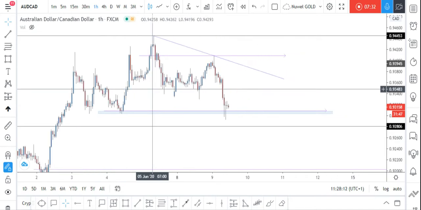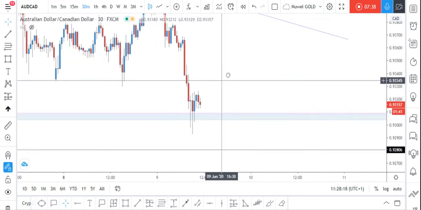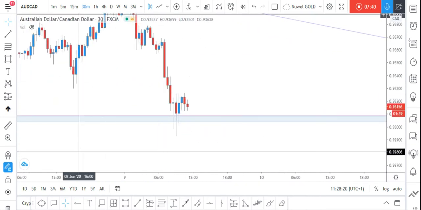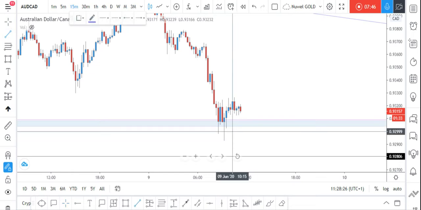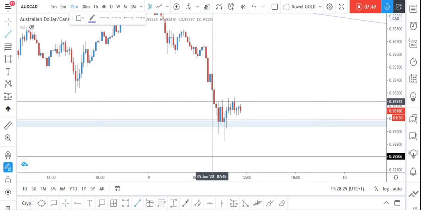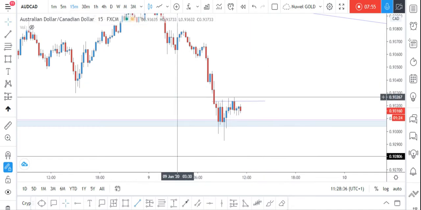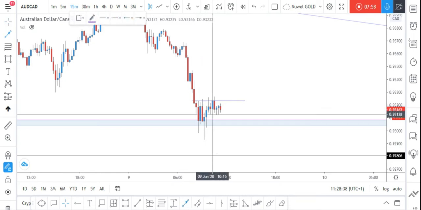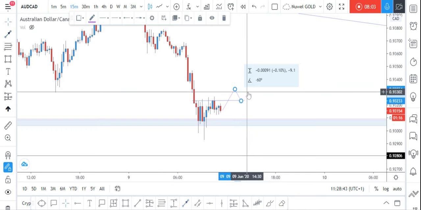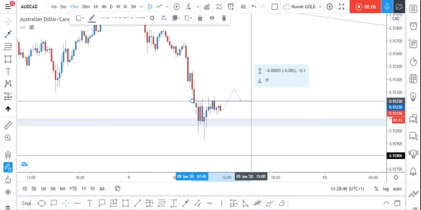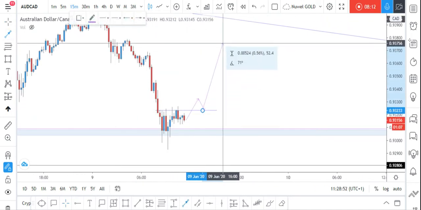That being said, going down to a 30 minutes time frame, can we find any decent trade opportunities? Any decent trades? 30 minutes, 15 minutes. Okay, so we have this level. We have this minor intraday level on the 30 minutes chart. So if we can see a clear and clean break above this, we wait for a retest, still on the same time frame, by the way. Wait for a retest,